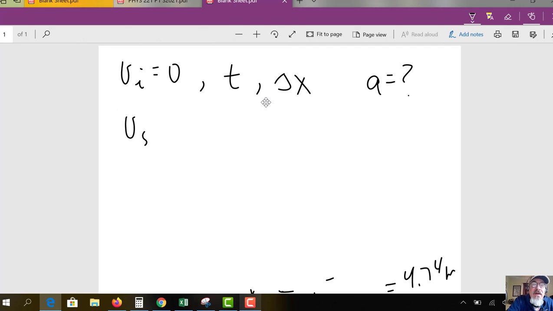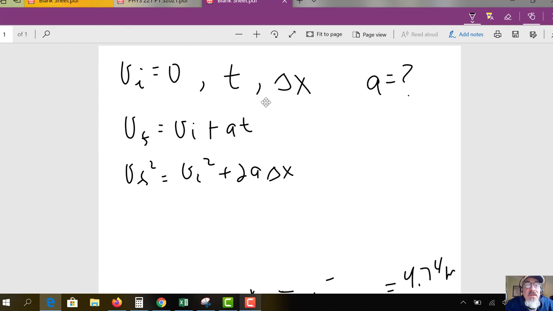So just to refresh your memory, final velocity is equal to initial velocity plus at. That has acceleration in it, but that has final velocity and initial velocity, so that one doesn't work for us. We also have this one: final velocity squared is equal to initial velocity squared plus 2a delta x. This one also has acceleration in it and displacement in it. It doesn't have time, which we will be able to measure, and it has final velocity, which we do not